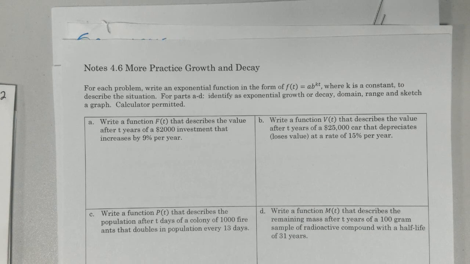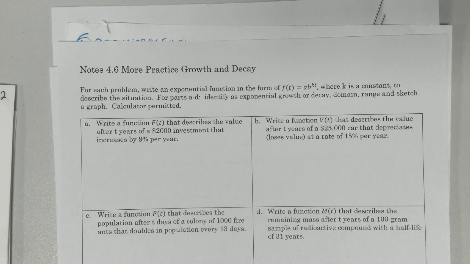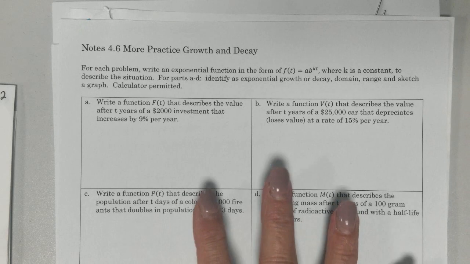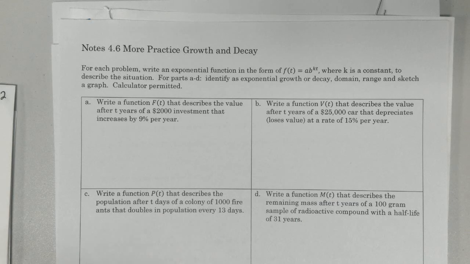Here we go. More practice with growth and decay. We have studied half-life, which right now is the only form of decay that we've really worked with. But I want to show you some more problems. Decay occurs when your base number is less than 1. And the difference between growth and decay in the compounding aspect, whenever we were working with finances, money,